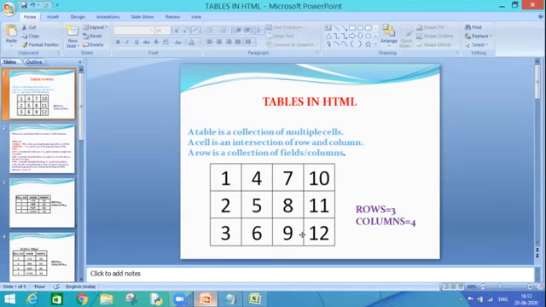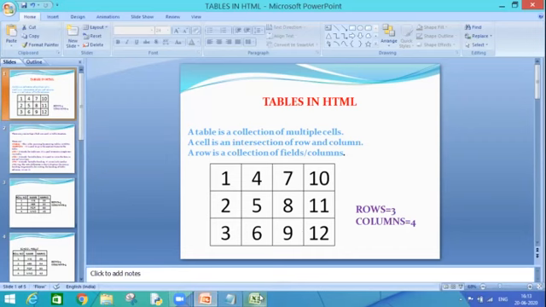These boxes together form a table. In technical terms, this small box is known as a cell. So if I say that the collection of cells is a table, then it will be correct.